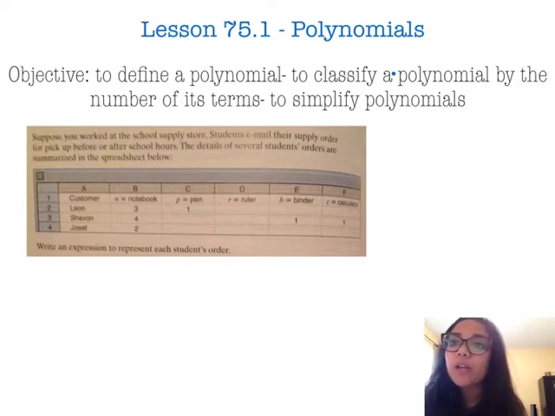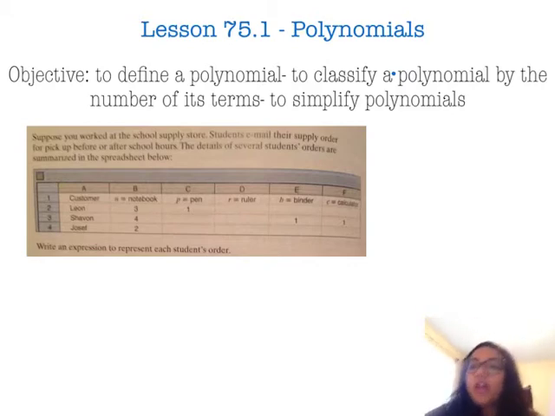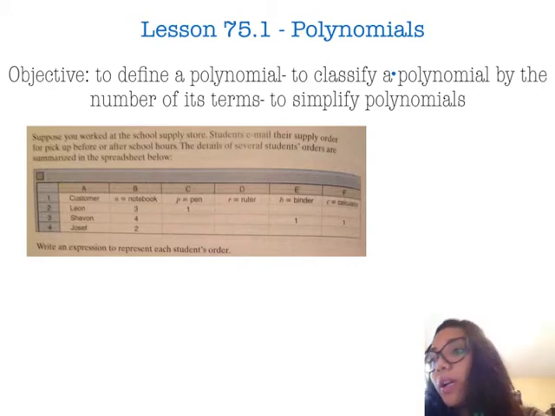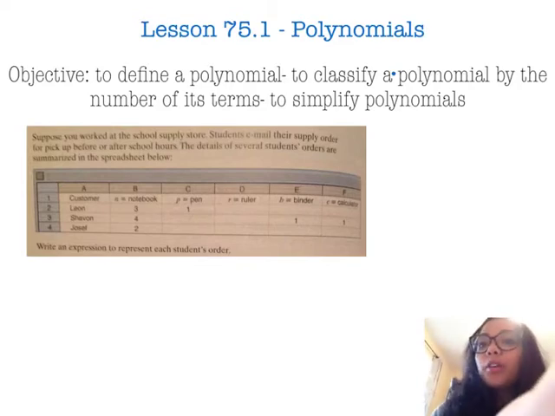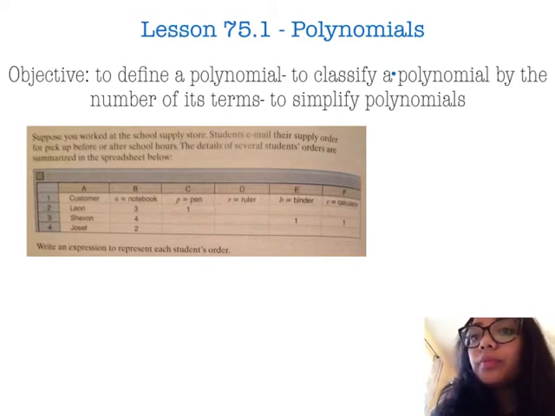Students email their supply orders to pick up before or after school hours. The details of several students' orders are summarized in the spreadsheet below. Write an expression to represent each student's order. So I'm going to apologize in advance for my handwriting on an iPad. So my customer is Leon. So if I look right here, second column,